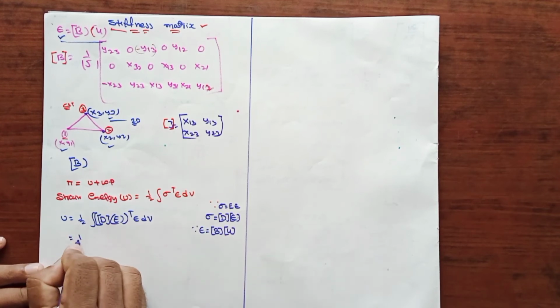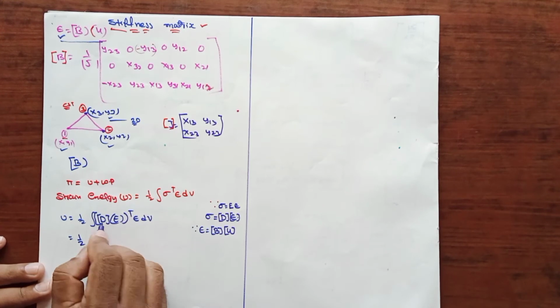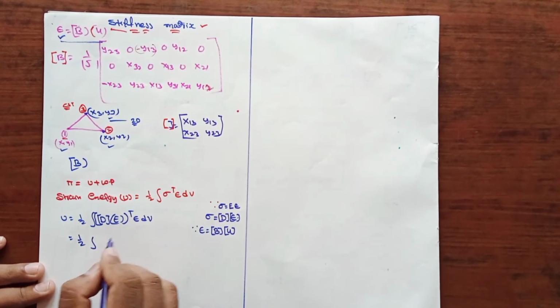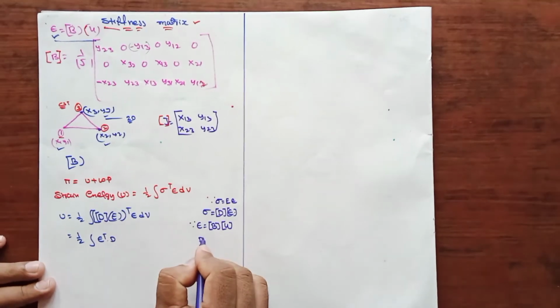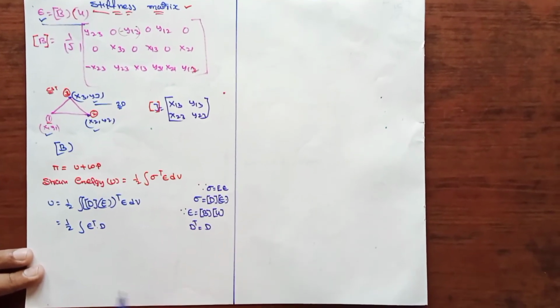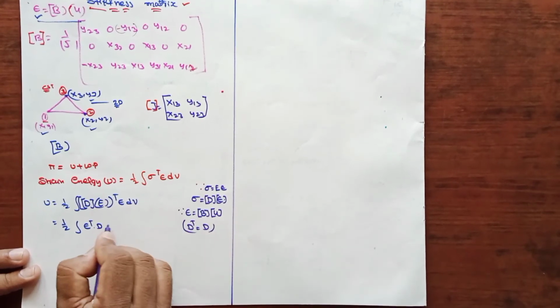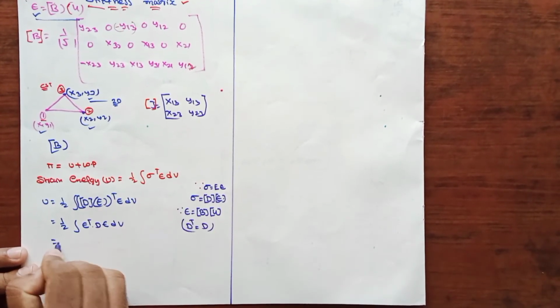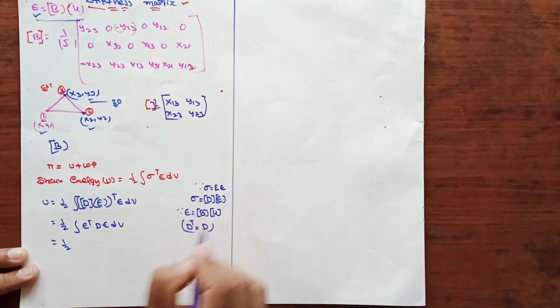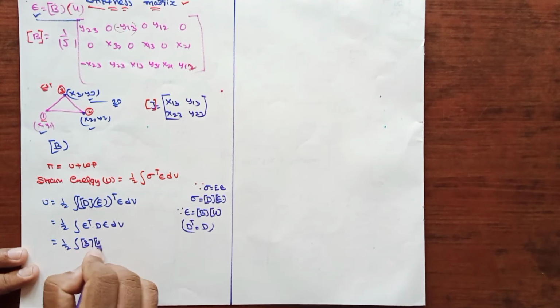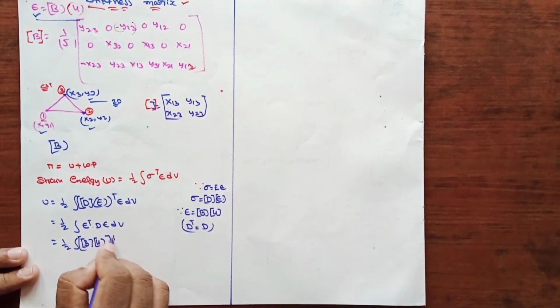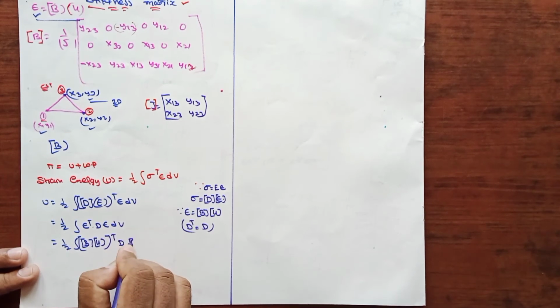Therefore it is possible to write the integral of the D epsilon to the power of transpose as epsilon transpose into D transpose, and D transpose is equal to D, because D is a symmetric matrix. Then epsilon into dV. If we substitute epsilon equal to B into U, it is possible to write the B matrix into U matrix, all to the power of transpose, into the D matrix, and this B into U matrix into dV.